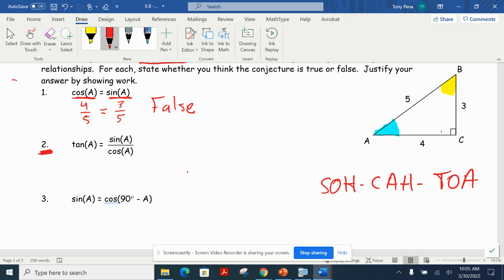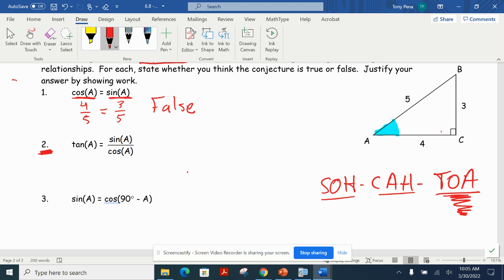Okay, good one to wrap up with because it's all 3 of them. You're going to have to do one sine, you're going to have to do one cosine, you're going to have to do one tangent. It's the 3 acronyms that we want to walk out of here knowing. So if the first one is the tangent, that's this guy, the TOA idea. We're going to do all of these with angle A, which is this blue one. So if I ask you for the tangent of angle A,